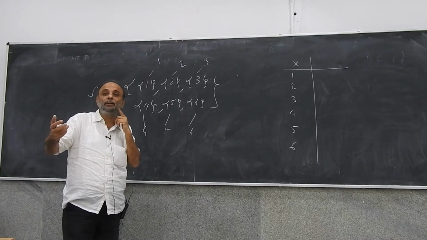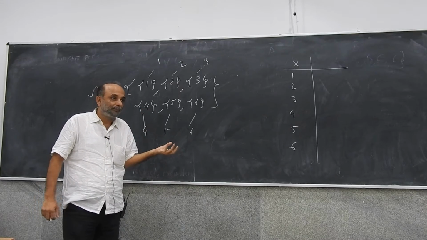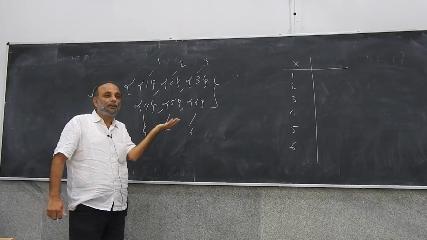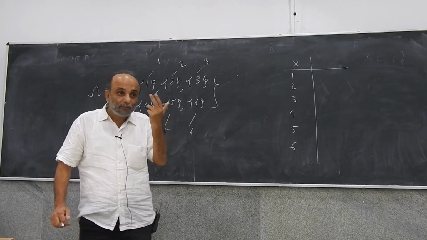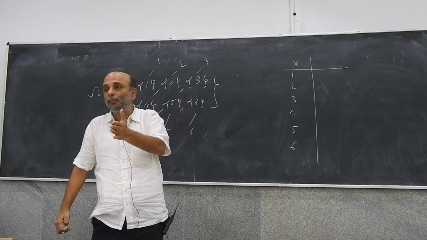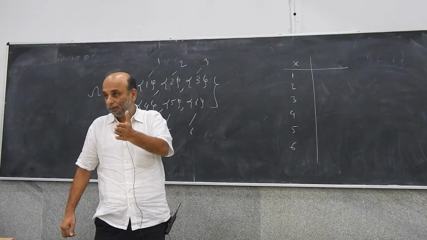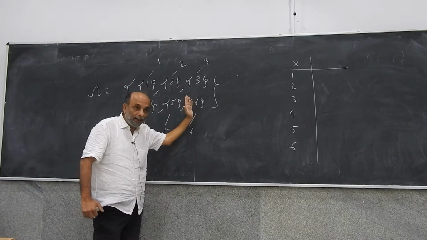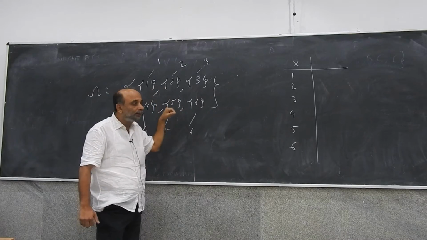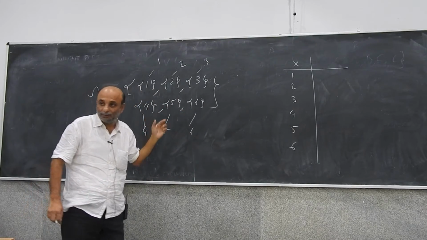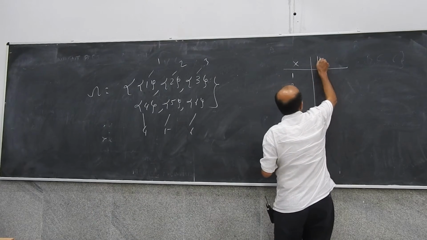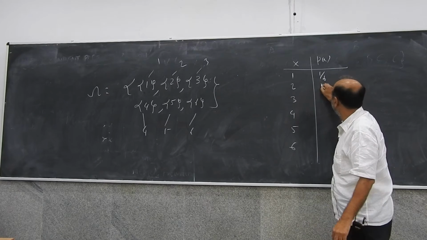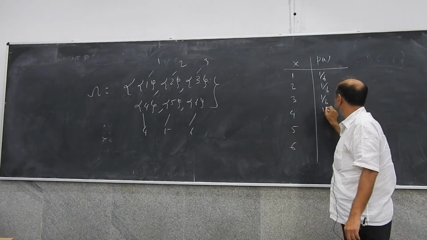Because if I have a coin which is not balanced, okay, there are 2 possible outcomes, head or tail, but 90% of the time it lands heads. Then I have 2 outcomes. But the probability of head and probability of tail are not the same. Right? Okay? So because all the outcomes are equally likely, we have the probability of 1 is 1 by 6. P of x. What is P of 2? 1 by 6, 1 by 6,